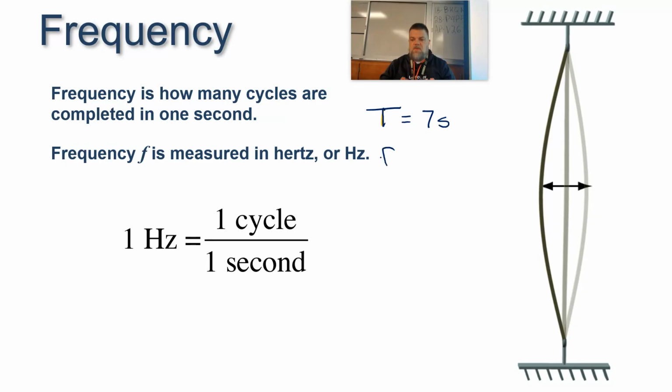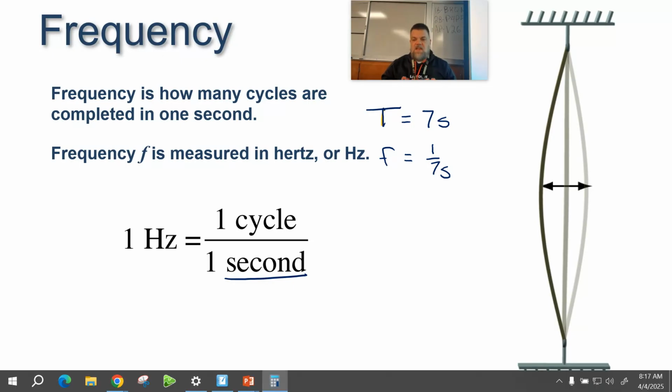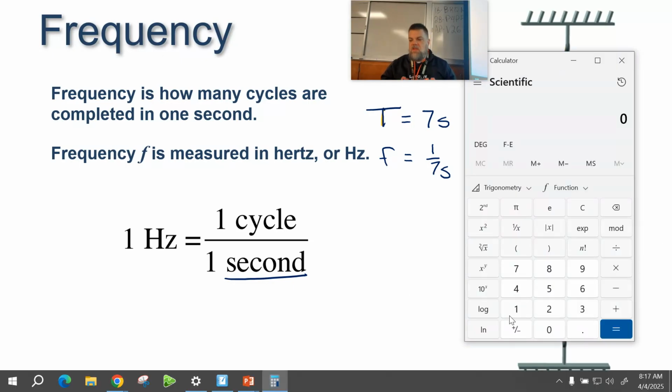Now to find the frequency, we said that was 1 in 7 seconds. But really, to convert it to hertz, I need to make this 1 second. The easiest way to do that is just to put it on a calculator and get a decimal. So I really need to just say 1 divided by 7. And so that decimal, 0.14,